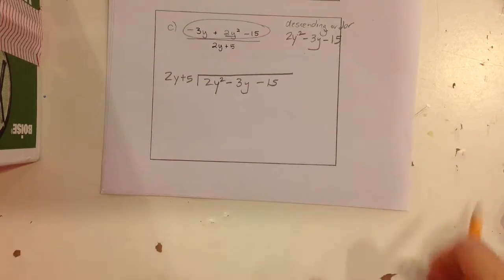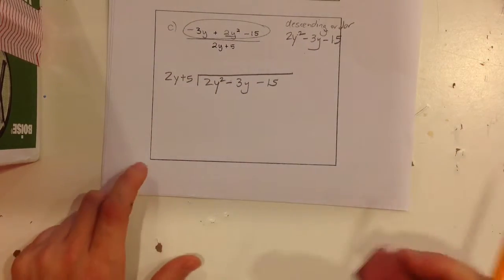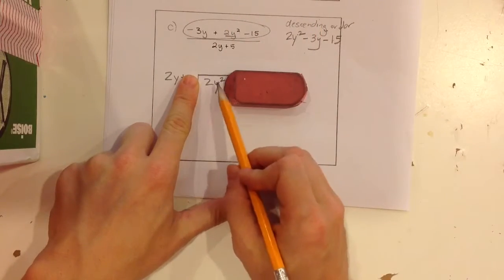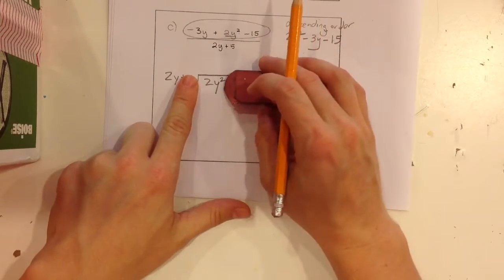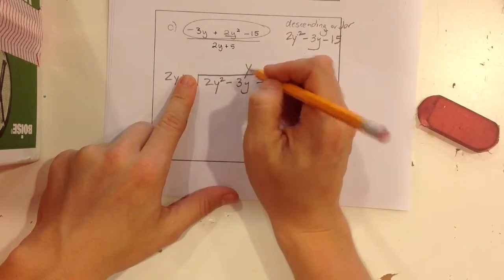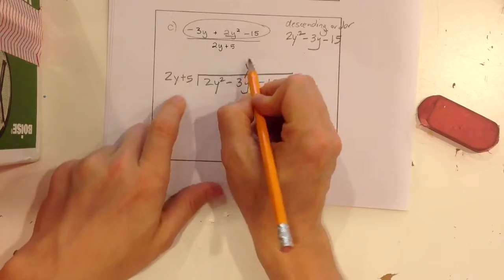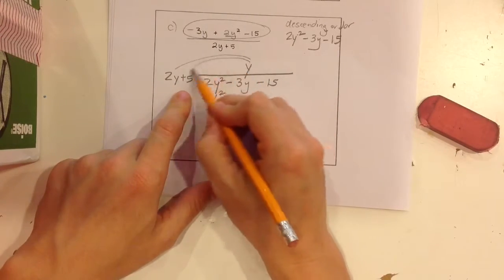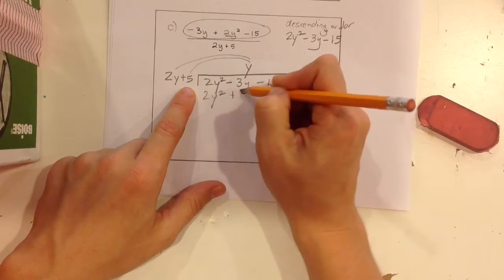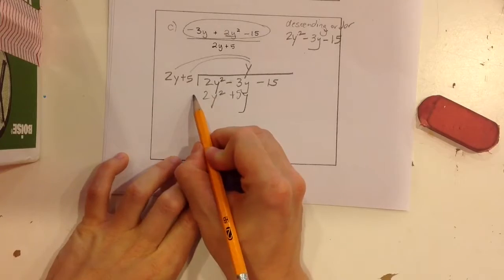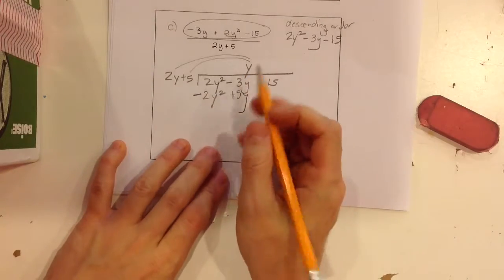Okay, so I have the first thing I asked myself, what can I multiply times 2y to get 2y squared? Well, we already have the 2. We just need a y. So I'm going to multiply 2y times y to get 2y squared. So y times 2y is 2y squared. Y times 5 is 5y. Change all the signs to the opposite because I'm going to subtract, to make that a negative 2y squared and